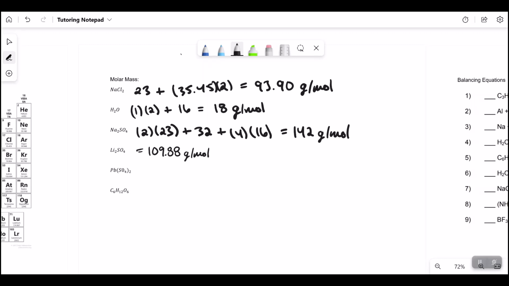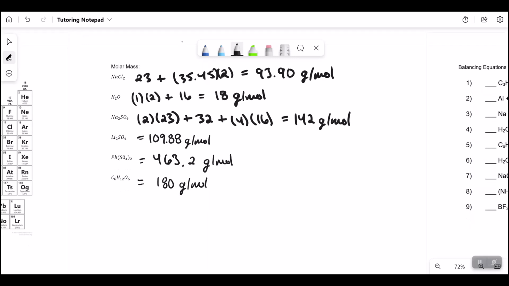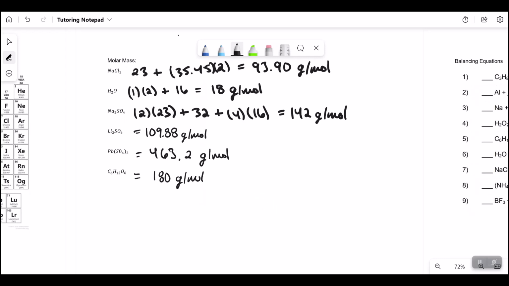We should get on this next one, we should get 463.2 grams per mole. And on the last one, we should get 180 grams per mole. And something to touch on and talk about is when we're doing these grams per mole on the abbreviations and everything,